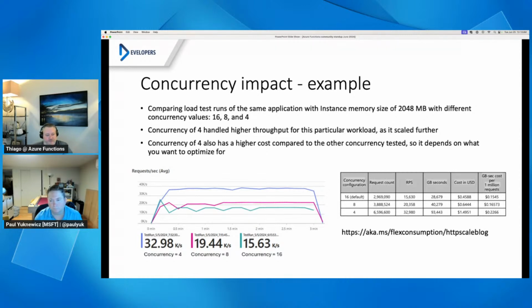But this is if you need to really fine-tune things. You can just leave it with the defaults and see how your application handles. But if you want to fine-tune things or check out the difference in costing between concurrencies, then I'd recommend running some tests like this.